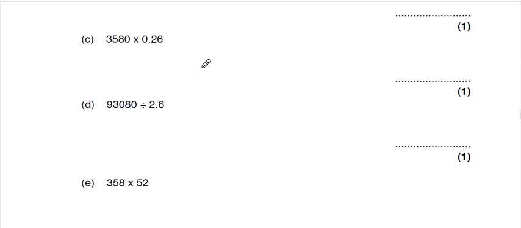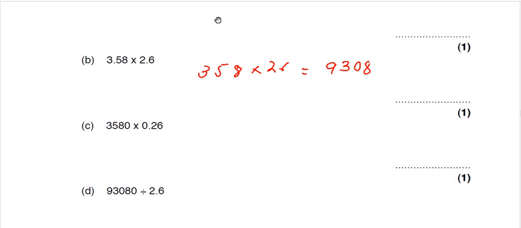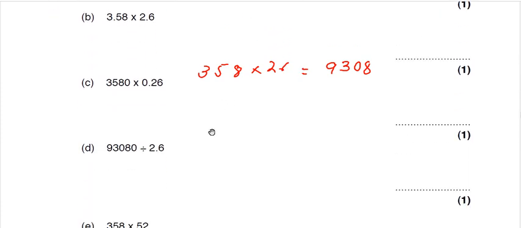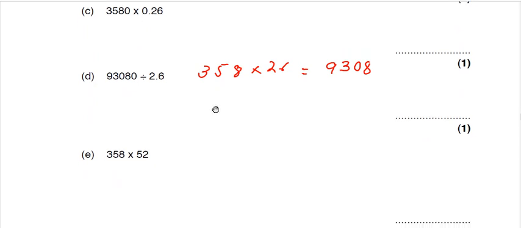We had actually what we had, 358 times 26 equals to 9308. The same thing we have. Let's check out. Yes, is it? Yes, we have the same thing. So now let's do in the question. Okay, now what we have to do,